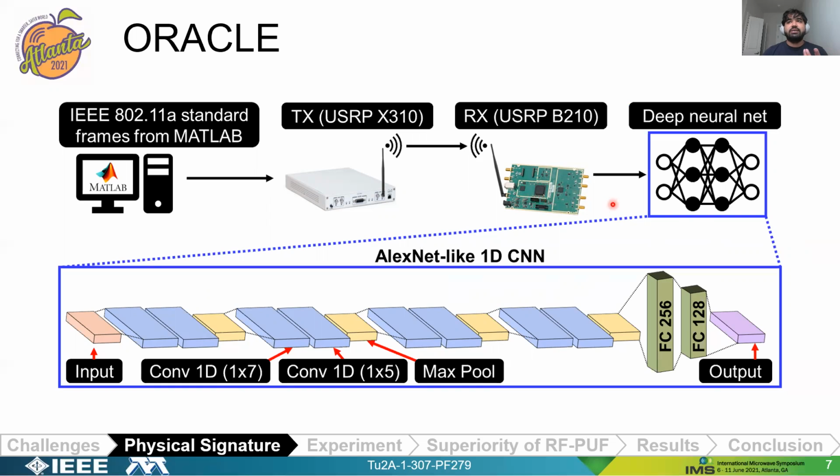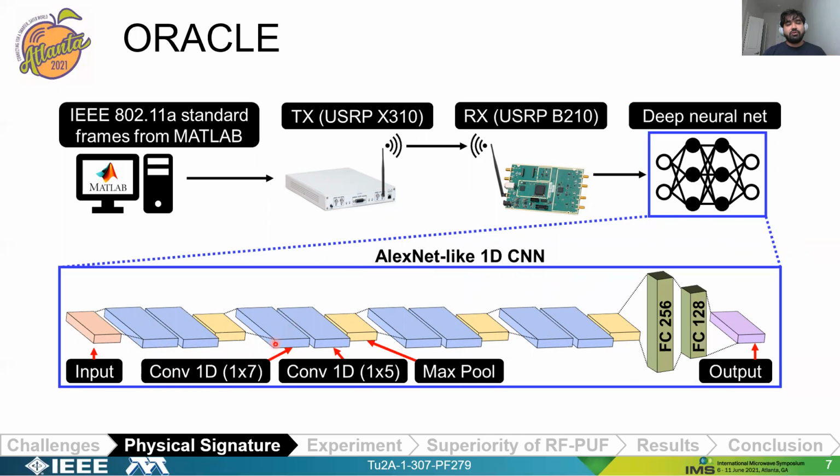And this raw data is then fed into a deep neural network, which actually is a 1D CNN that looks like AlexNet. So the CNN structure is shown here. As you can see, this whole structure is divided into 4 sub-blocks. Each block contains